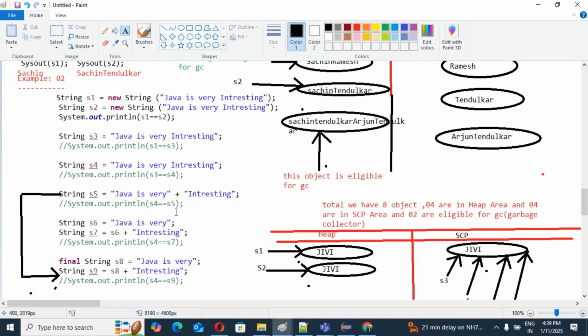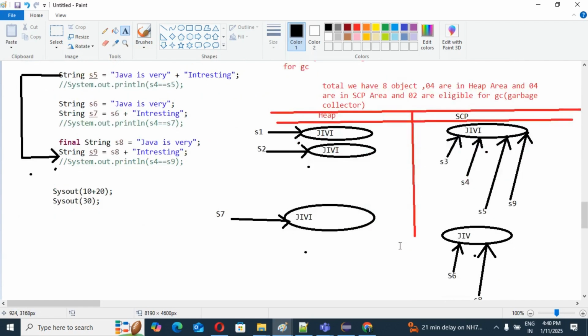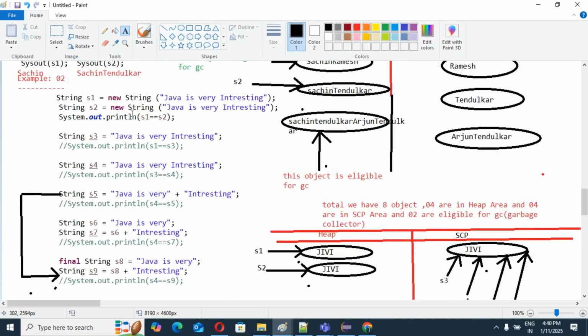So that is our complete explanation as per different scenarios. If this example or such type of example is asked, the interviewer may ask in an interview room. Sometimes they want to check how much knowledge you have in the string concept, because this is the most important topic in Java, string handling. This is the perfect example by which you can understand. In total, 9 objects we have created for these lines of code.